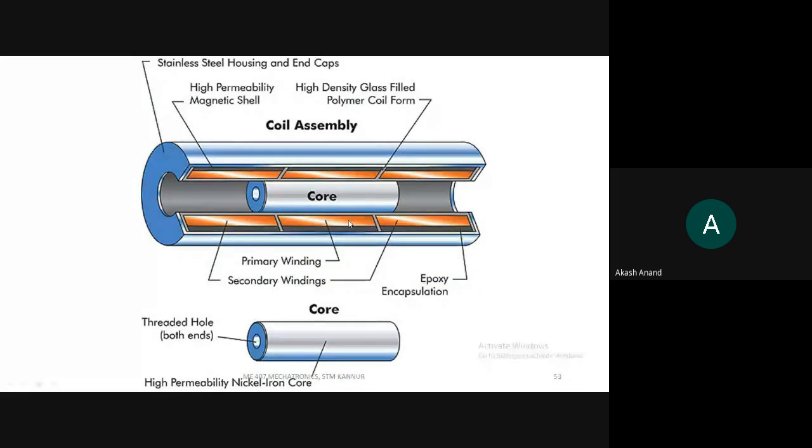It is shown like this in the figure, but it is actually a coil, a wire wound over this hollow cylinder. This is actually a hollow cylinder, the big one. Over that, the primary coil is wound at the middle. This middle coil is called the primary coil, and the two secondary coils are made of the same material, but they are called the secondary coils.